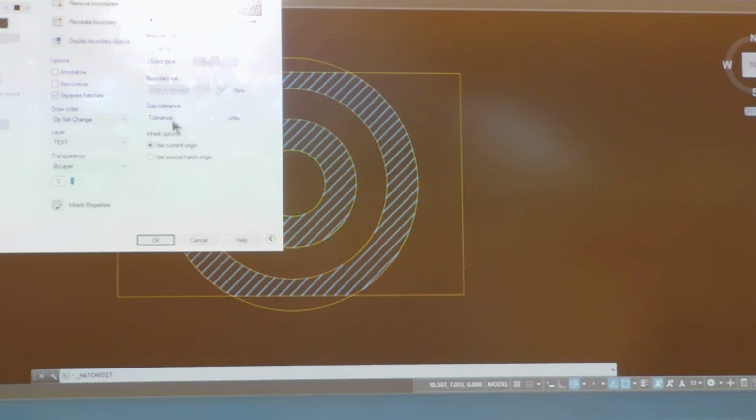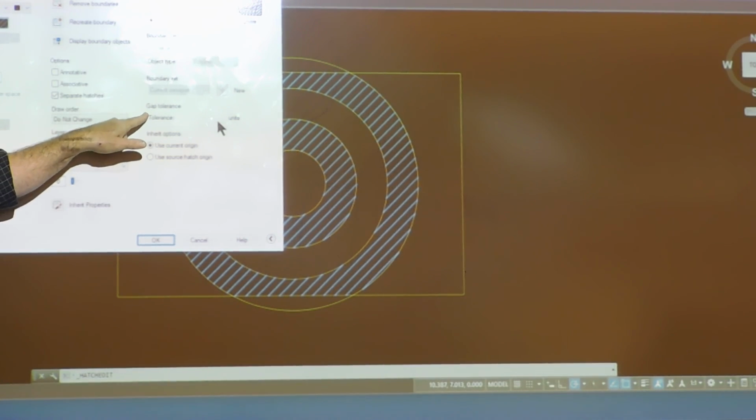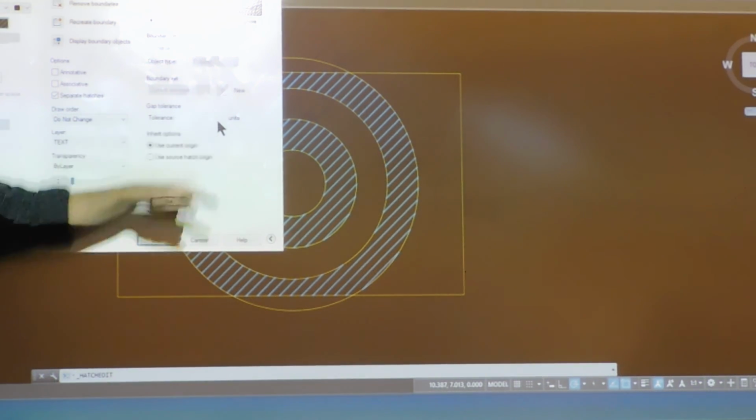Now, there's one other area on here, where is it? Over on the right side, see that gap tolerance? Right over here. This is where they fix that little thing where it leaks out and tries to do the universe. Generally, I think this is by default set to